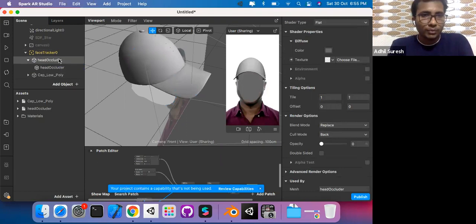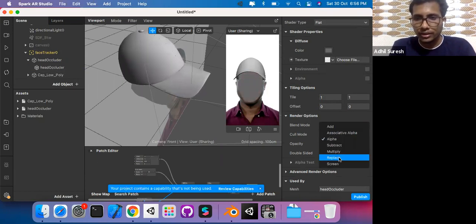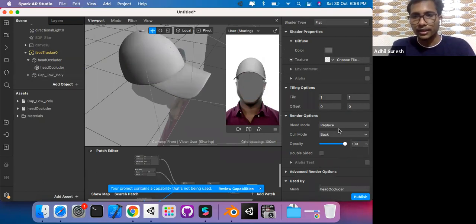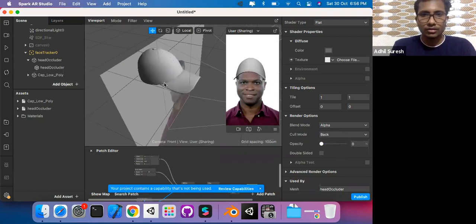The reason the problem occurs is the blend mode, replace. What replace does is just replace whatever is in the scene. We need the blend mode to be alpha, then only it will work. You can see here that when I choose the blend mode replace and change the opacity to 0, it won't work. We need the alpha set in the blend mode in order for this to work. So this is how you optimize